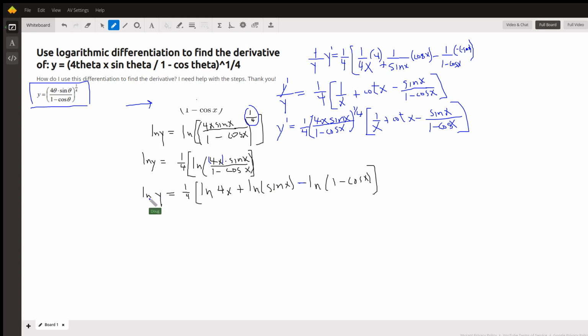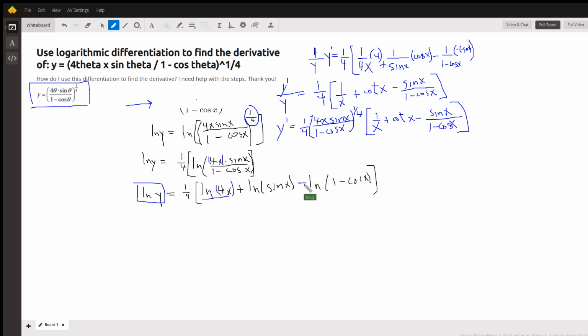A lot easier. The derivative of ln of y is 1/y times y prime. That's what I've shown right here. And then I'll leave the 1/4 out front. The derivative of this term is 1/4x times the derivative of the inside, which is 4, plus the derivative of this term is 1 over the sine of x times the derivative of the inside, which is the cosine of x,